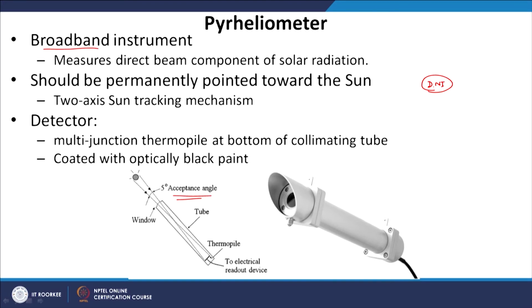And because the sun angle changes from time to time, it will be a different angle at noon, and a different angle in the evening. So this pyroheliometer also needs to be pointing towards the sun all the time. So it has to be on a tracker, that means there should be a sun tracker on which this instrument is mounted, so that it always points to the sun and we can measure DNI accurately.